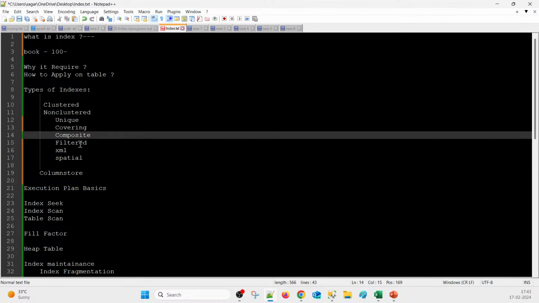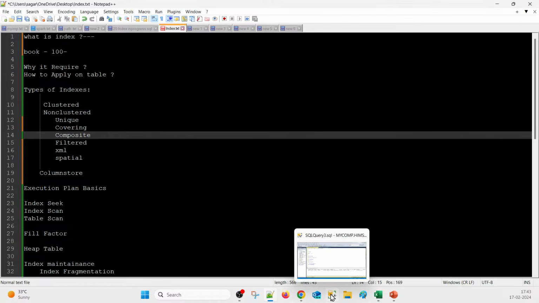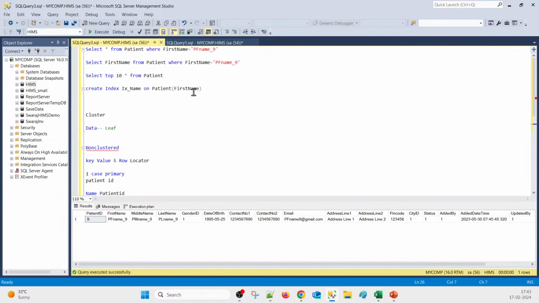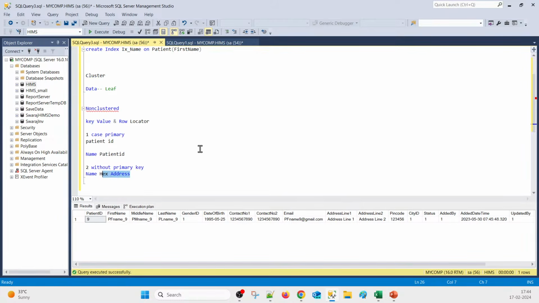Yeah, we will go through one by one, but are you clear on this point? Meaning what is the clustered, what is the non-clustered? Actually, I am sorry for that, I was confused while creating the clustered index and switching clustered plus primary key. So the position was jumbled, but right now all things are fine, I think. Please could you give me the answer as yes or no in the